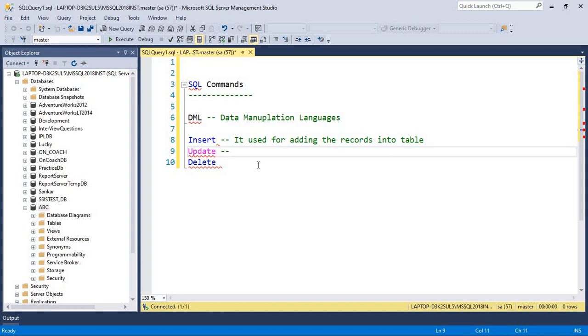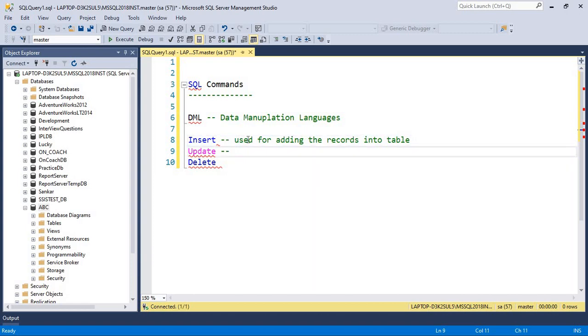What about update? By using update, we can modify the existing data of that table. Suppose I have inserted one record in that table and incorrectly inserted that information. I want to modify that particular field information. In that situation we can use the update statement.